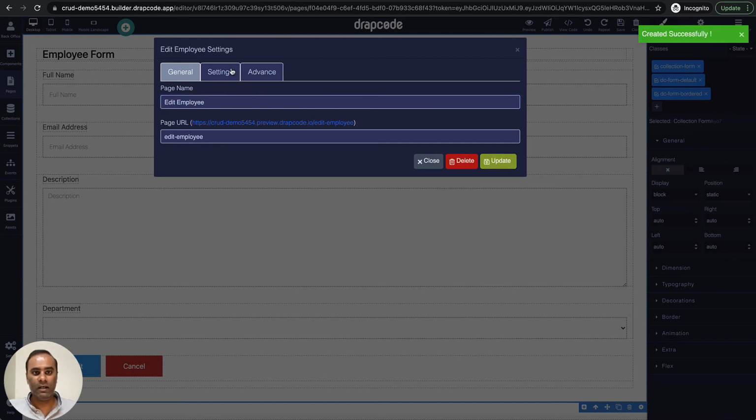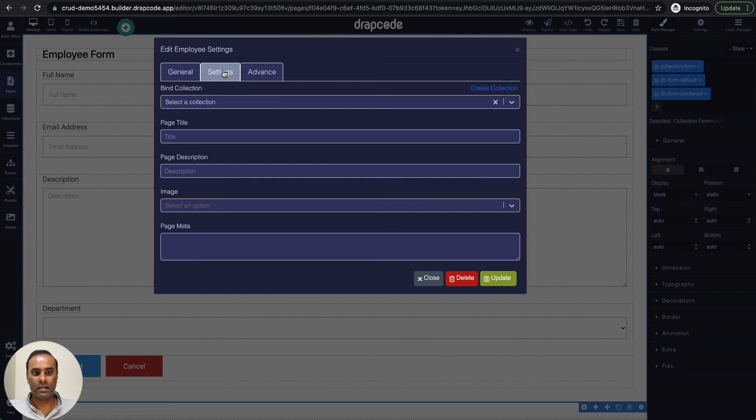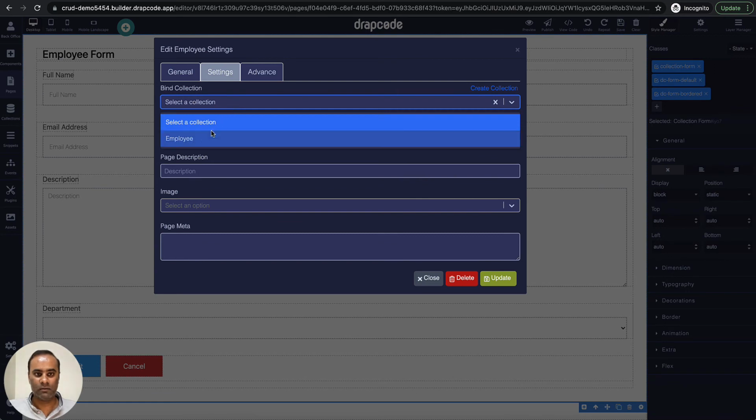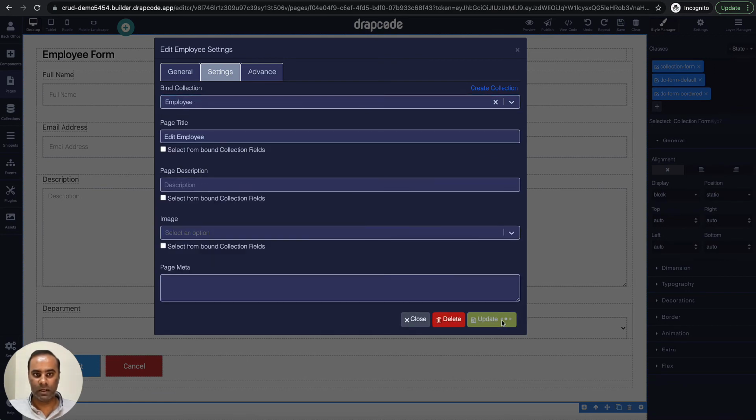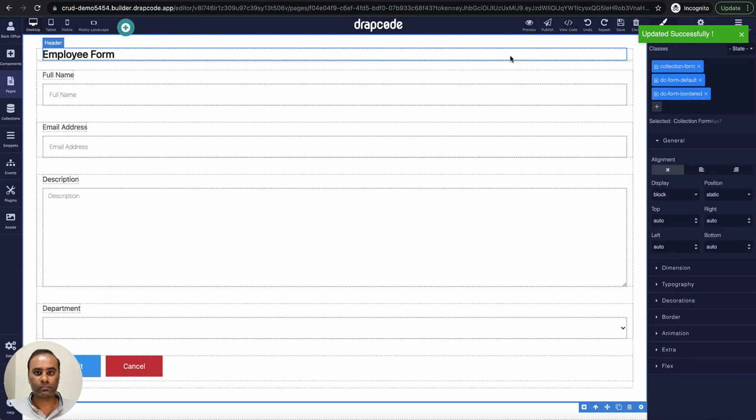This time we will need to assign or bind a collection to the page. Why are we doing it? Because we have to display the data pre-filled. If we do not bind the collection, we will not be able to display the data. So when you are building an edit functionality, it's quite obvious to show all the data which was created as part of the create event. The users can see what the previous values are and what they can update. Okay, so let's go and bind the collection which is employee collection, and then just update it. So now I will be able to display dynamic values on this page.